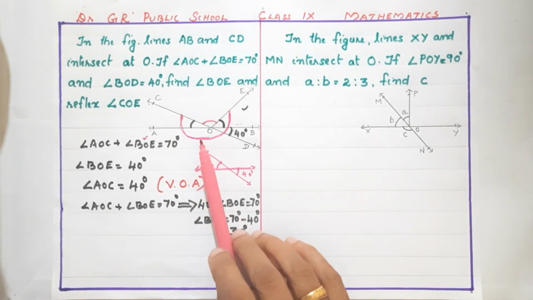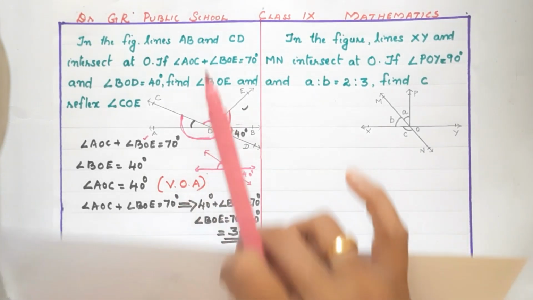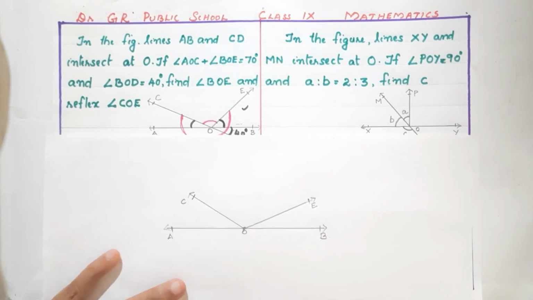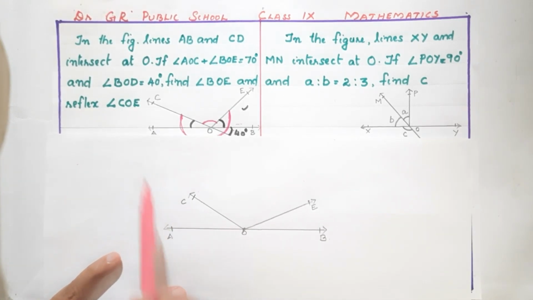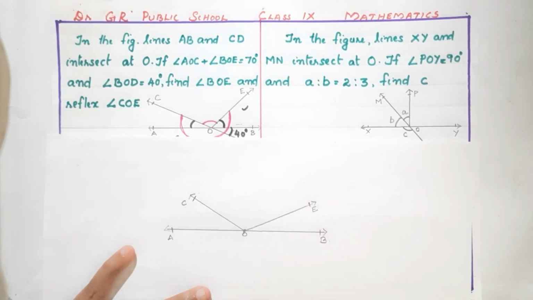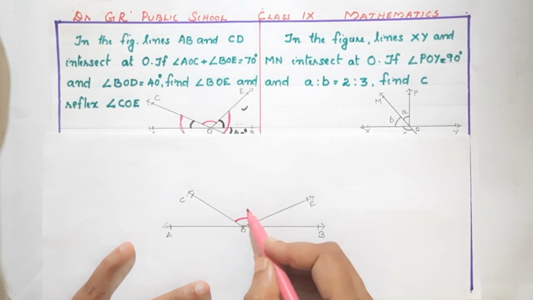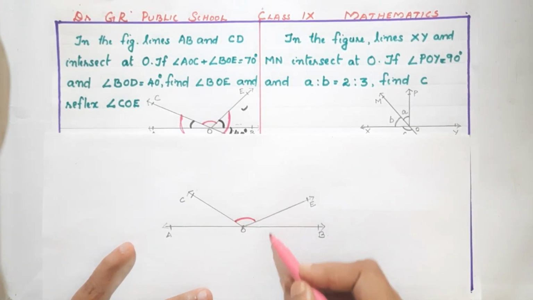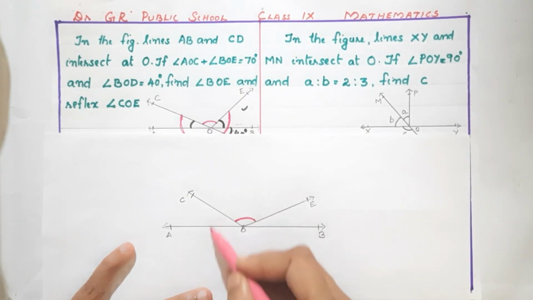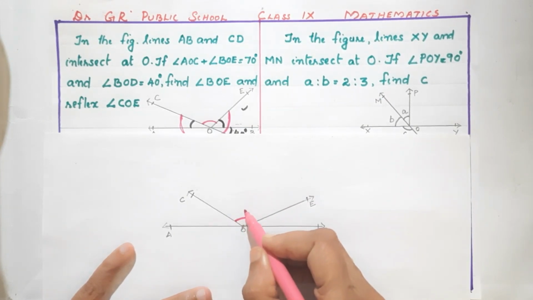See children, I have drawn the same figure on another paper to explain more. So, AB is a line and here we can see angle COE. We need to find out reflex angle COE. So, this is COE, this angle. If we know this measurement, we can find the remaining part. That remaining angle is called reflex angle COE. How can we find out this angle?